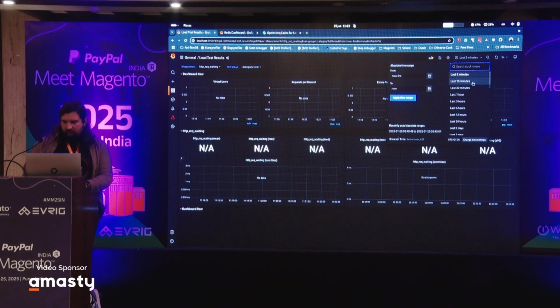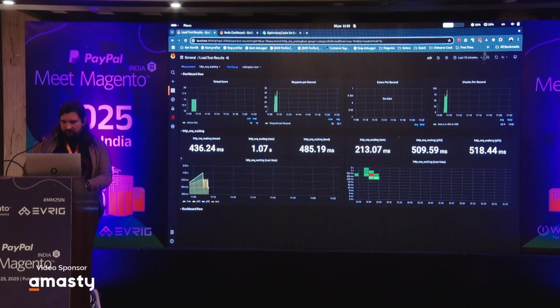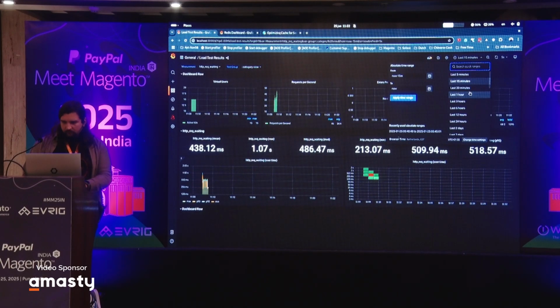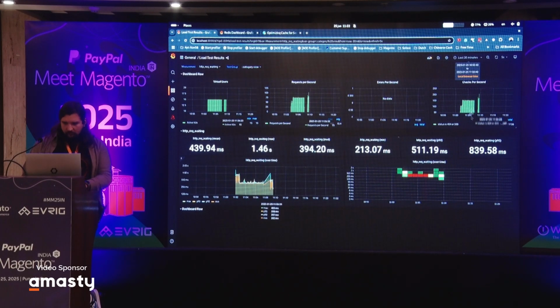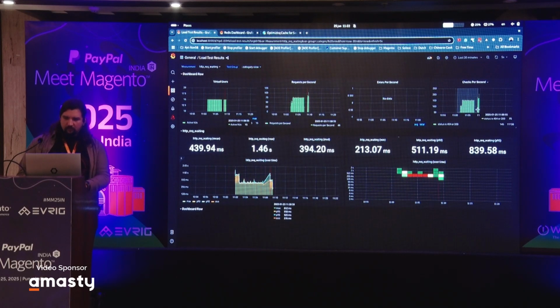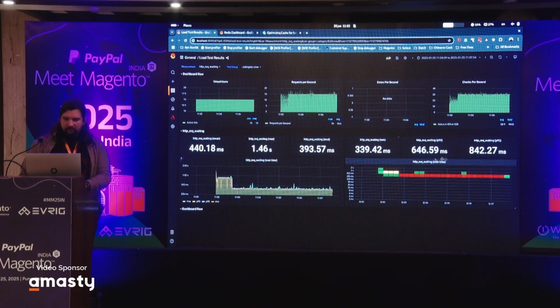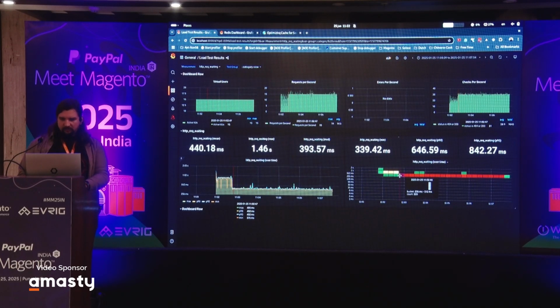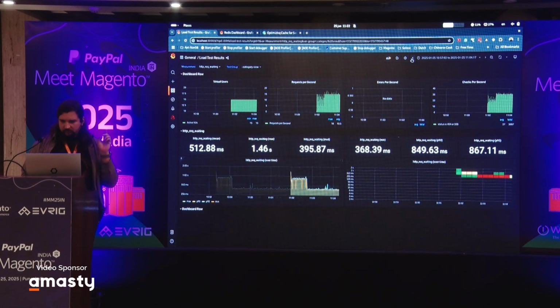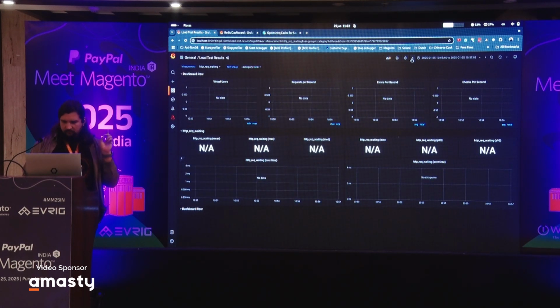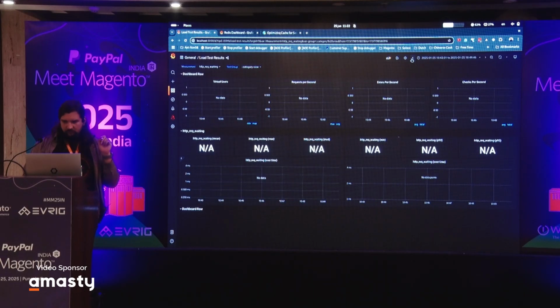Let's see, last 15 minutes or 30. Okay, something happened with my storage. But here you can see the original Magento implementation. Just a moment. We have no data here.